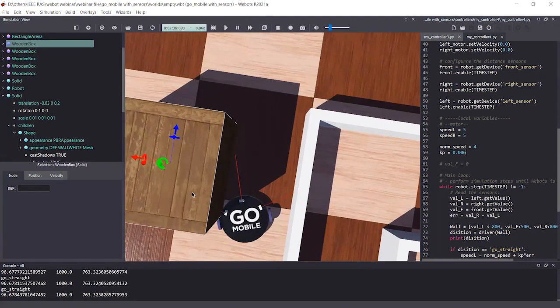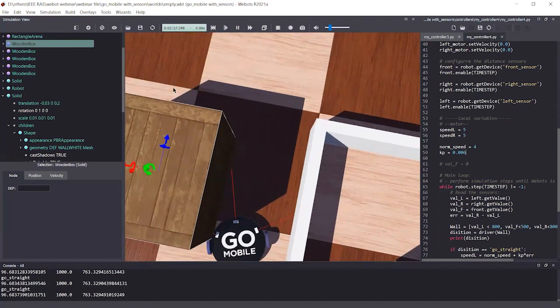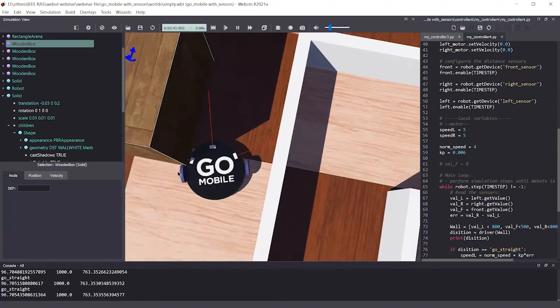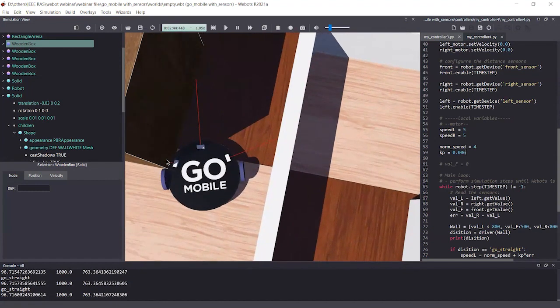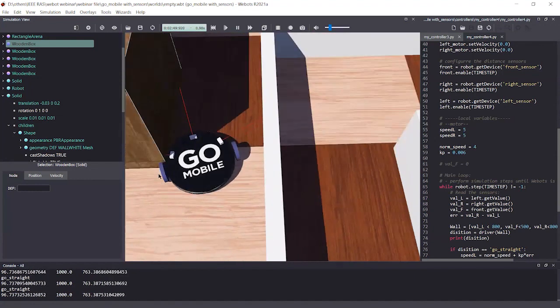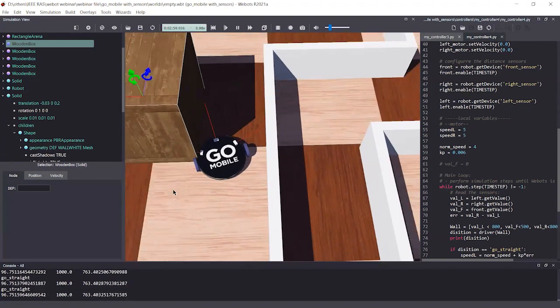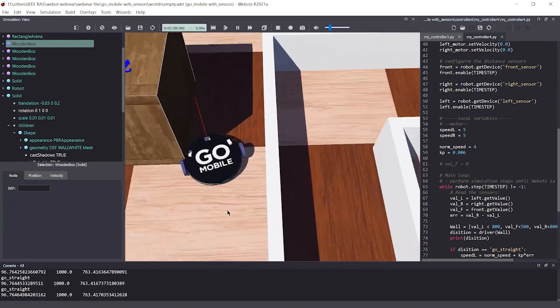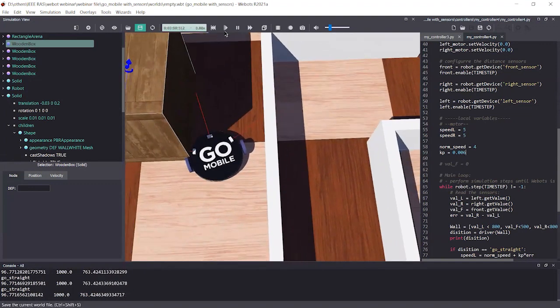So what is happening here is this object. Even though our driver says turn left, since this wheel is here, it is colliding with this object. It can't move. So to handle those kinds of situations, you can build your robot, and there is another situation like this.